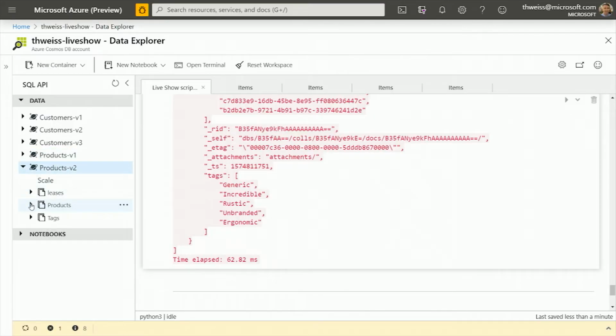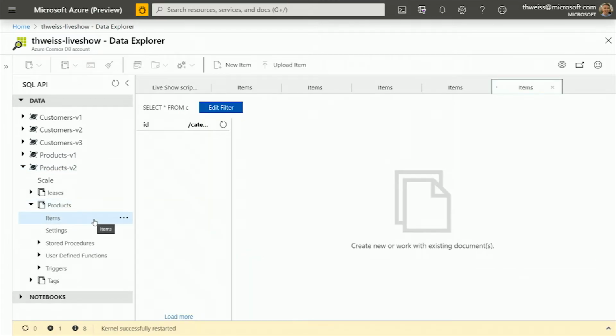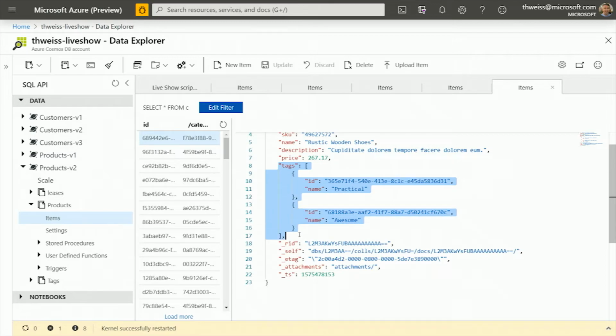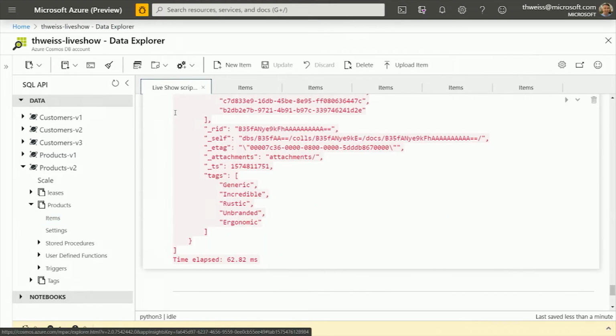In that version, when you look at the products, instead of storing an array of tag IDs, I have directly copied the actual tags, ID and name, directly in the product. That's what we call denormalization, right? We have duplicated data from the list of tags directly in the products. Just like data warehouse scenarios. Absolutely, absolutely. And that yields very nice benefits in terms of latency and overall performance,